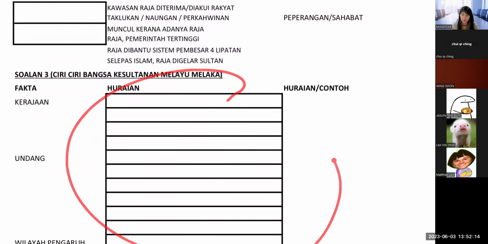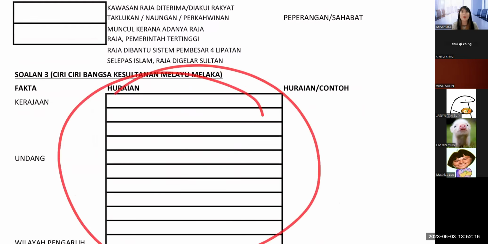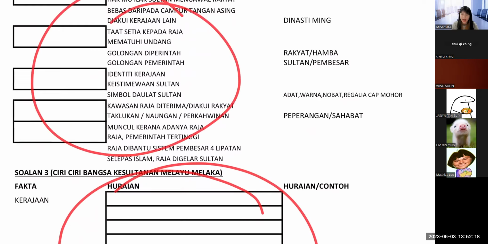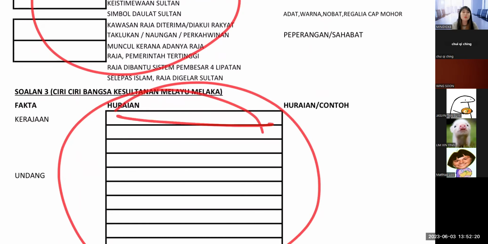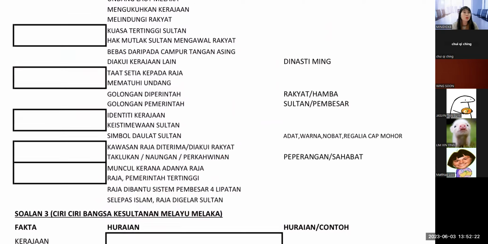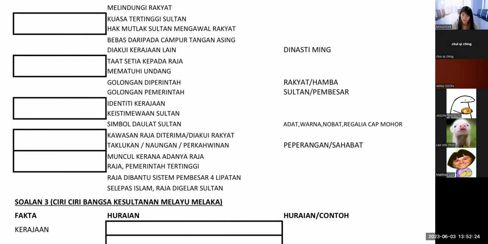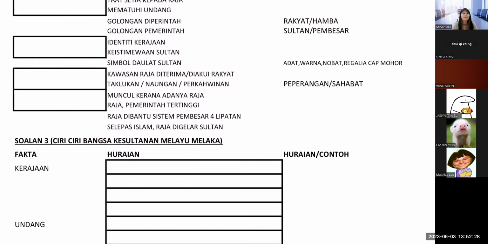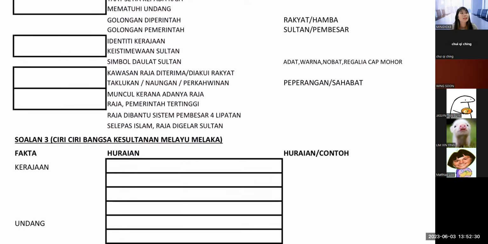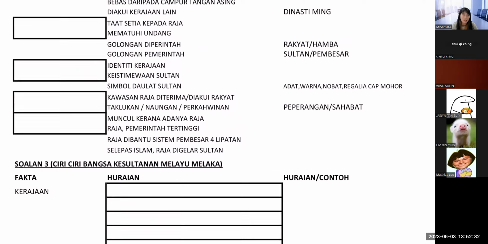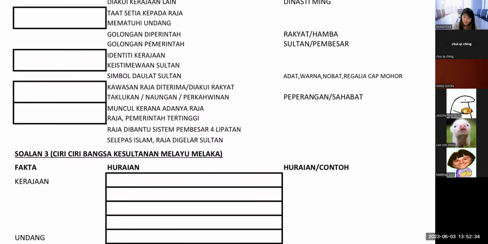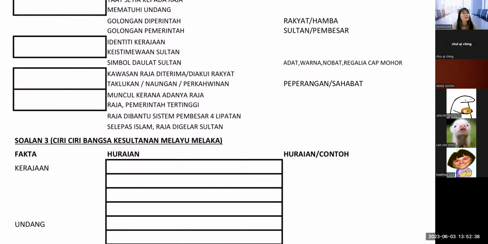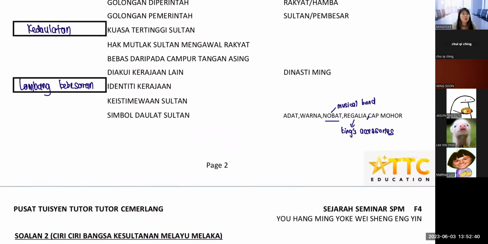Then after that, you need to write down your huraian yourself. After you practice already, then you recall. You write your full sentence. For example, kerajaan. Kerajaan is what? Kerajaan ialah kawasan. That one is wilayah. Okay, so under this case,